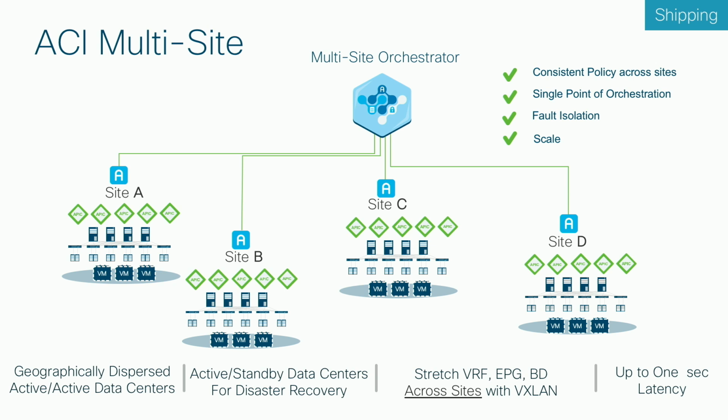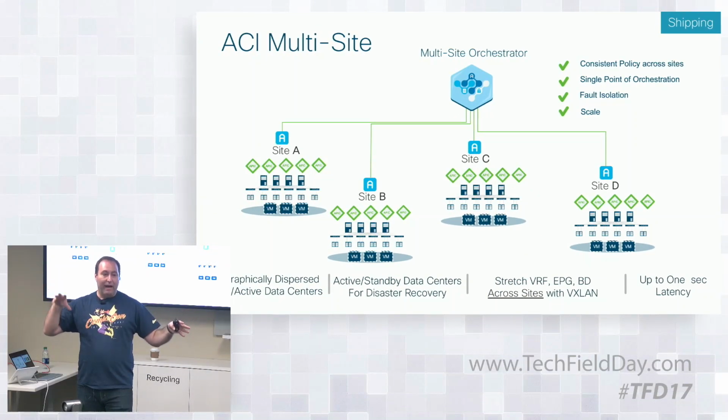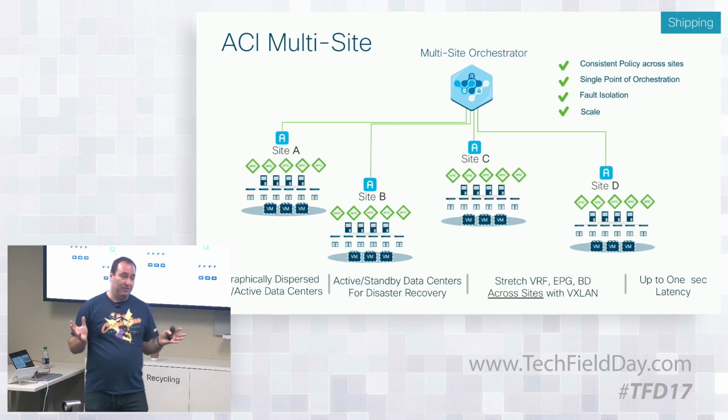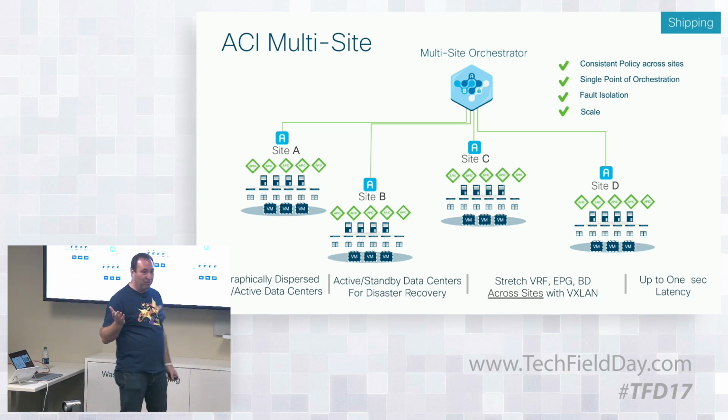So we can stretch networks and policies across multiple domains. And we have what we call the multi-site orchestrator as the tool, a cluster of VMs that manages all these sites together. The multi-site orchestrator configures the inter-site connectivity. Again, MP-BGP VPN with a VXLAN data plane. And it allows all the workloads to migrate between sites if necessary, or subnets to be stretched across the sites, the policy to be the same over a regular IP network. The upside of this is now we don't have any delay requirements, right? 1 second latency is basically around the world.